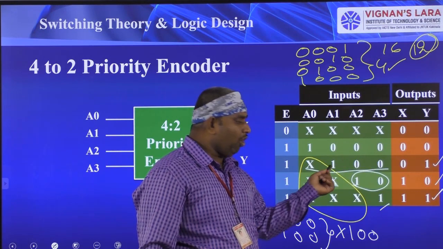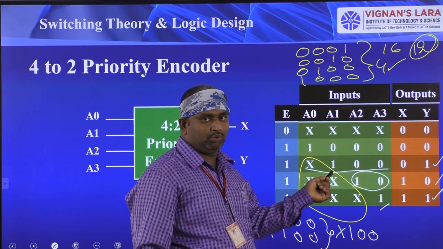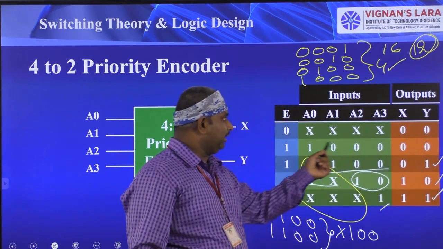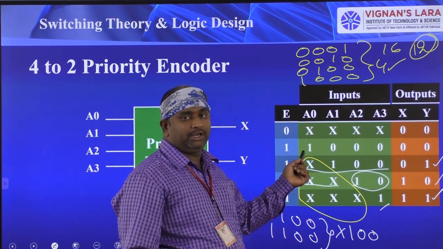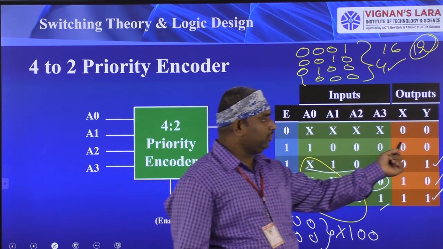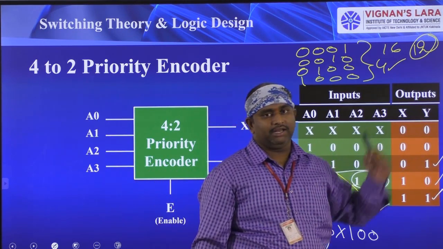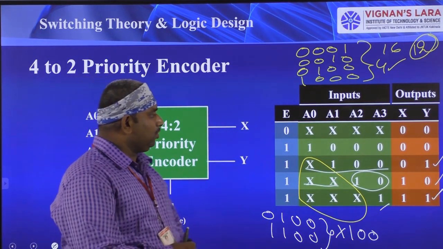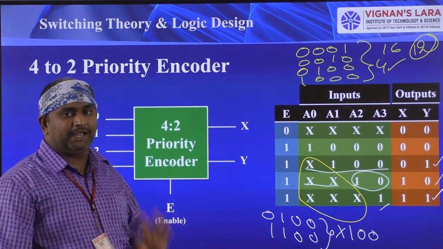That is the third bit, that is A1 bit is equal to 1 and A2, A3 bits are 0 0, then output is equal to 0 1. Otherwise, the only one remaining combination, that is 1 0 0. If you got this combination, automatically X, Y outputs are 0 0. Okay. So like that we have taken the priorities.